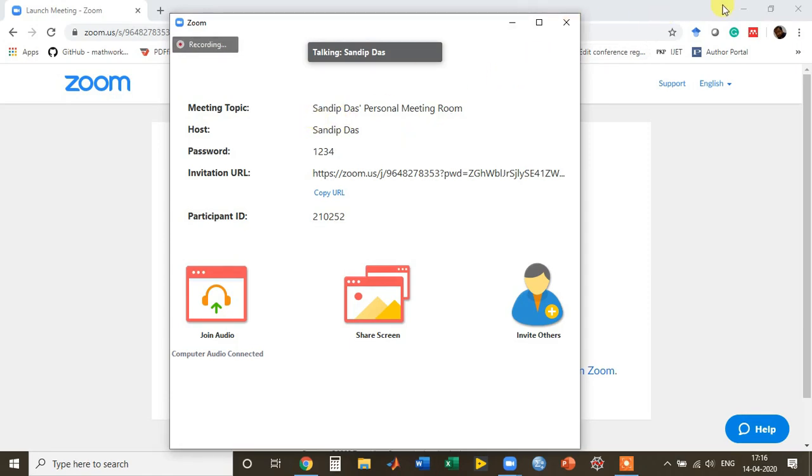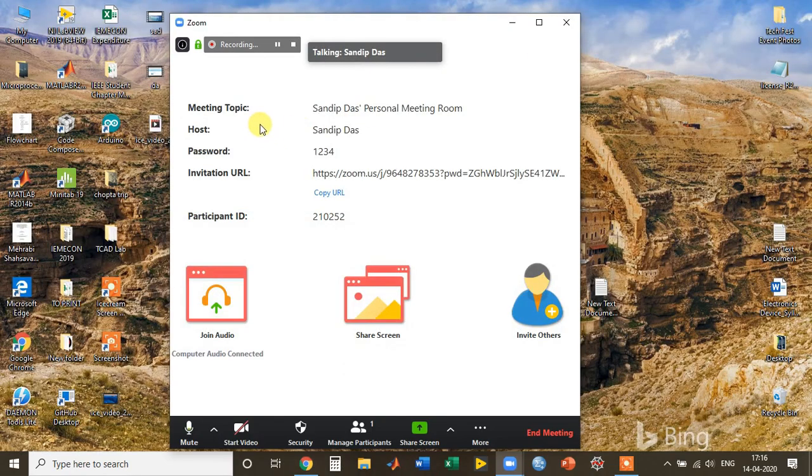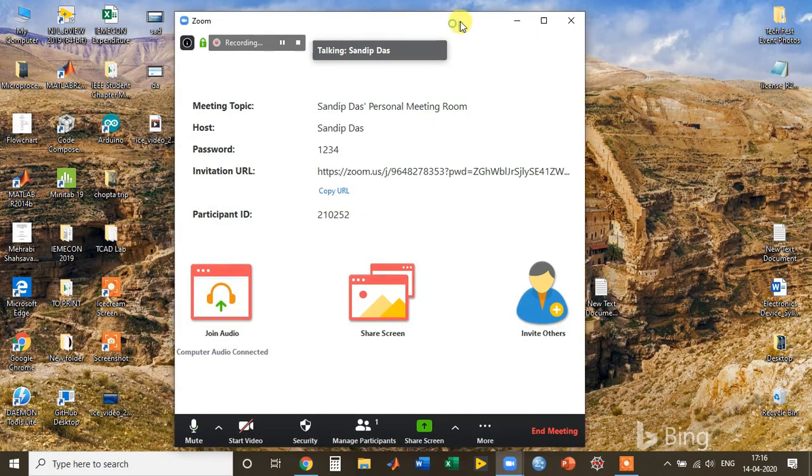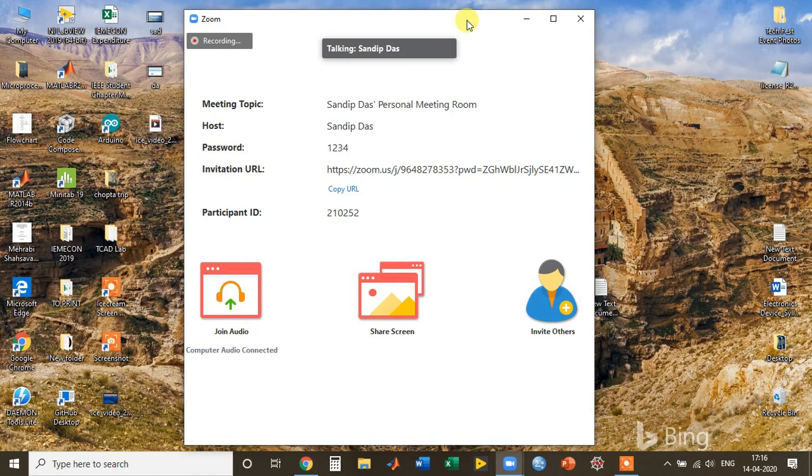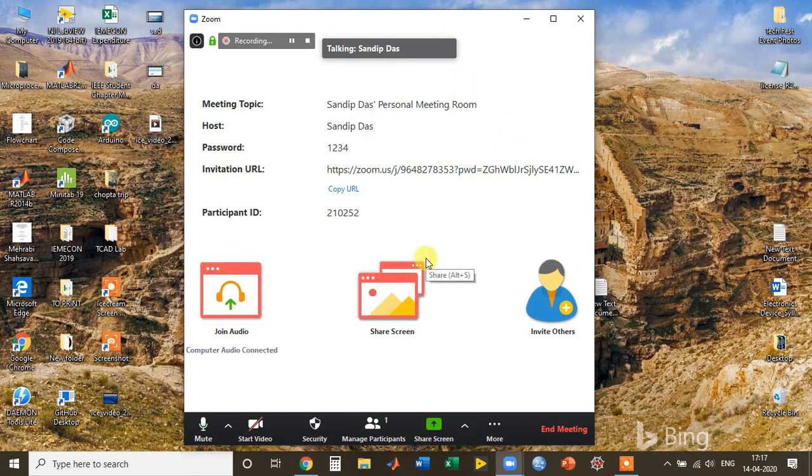Now this is the window. I will just minimize the browser. So this is the window of the Zoom app after starting the meeting. I will also come and show you the app, how the app works. Since the app was installed, and when I scheduled and started the class through the browser, it automatically opened the window. Now in this window you can see that this is the meeting topic, I'm the host, this is the password, and this URL which you already had shared with the student, and these are not required for us.